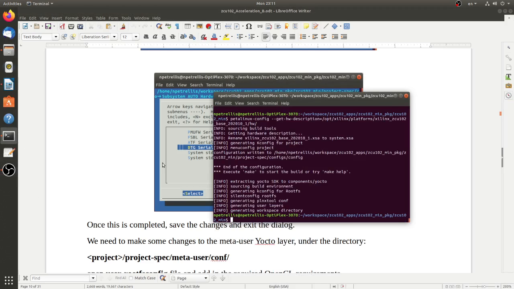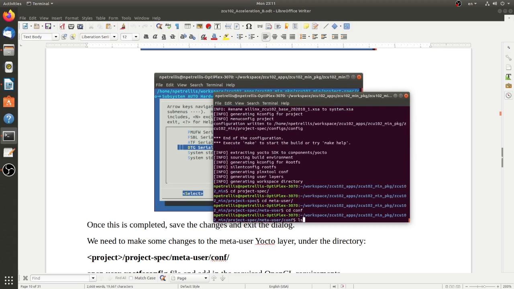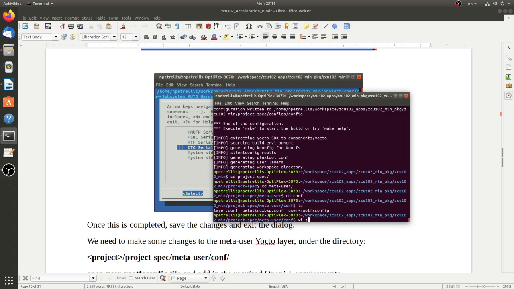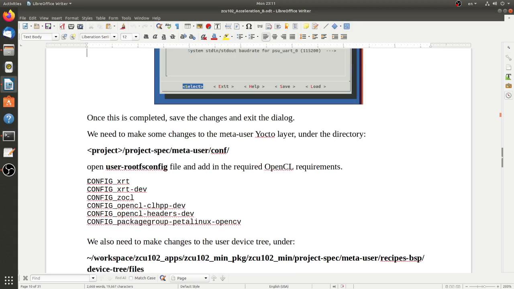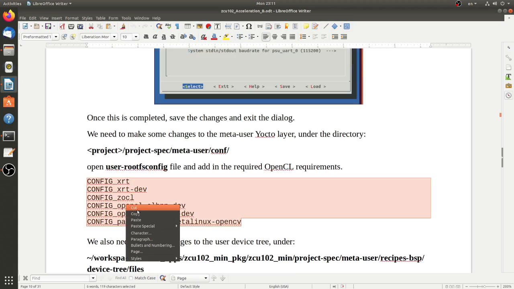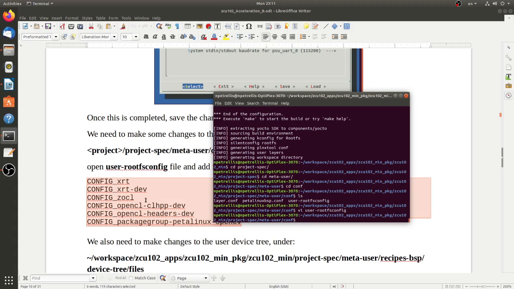Okay, the first configuration has ended, so according to my instructions, I have to jump into the project-spec directory, then within the meta-user directory, and then conf, and there I will find user-rootfsconfig. Below this line I'm going to declare some config options that are necessary for XRT, OpenCL, and other things used by the accelerated platform. So I paste these declarations here, escape, write quit, and then move to another